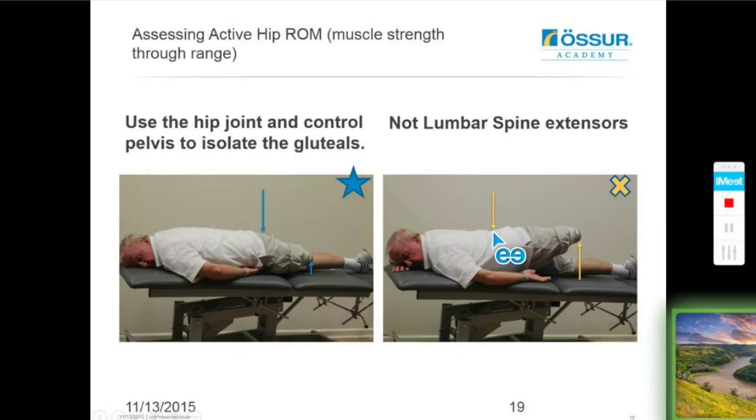He's got an increase in lumbar spine lordosis there, and extension. He's elevated his stump excessively off the bed, and you can see that his ASIS has moved well and truly off his hand and up off the bed. So he's not actually using purely the gluteal muscles in an isolated way, which is something we want to avoid